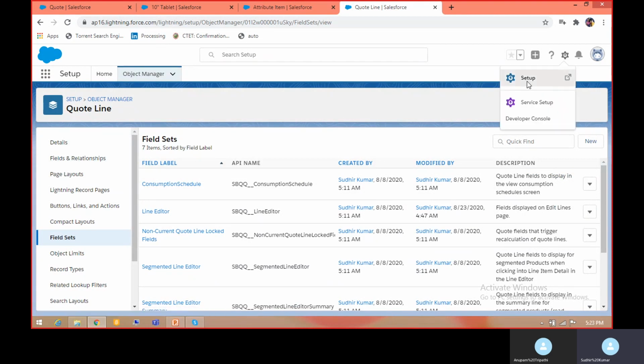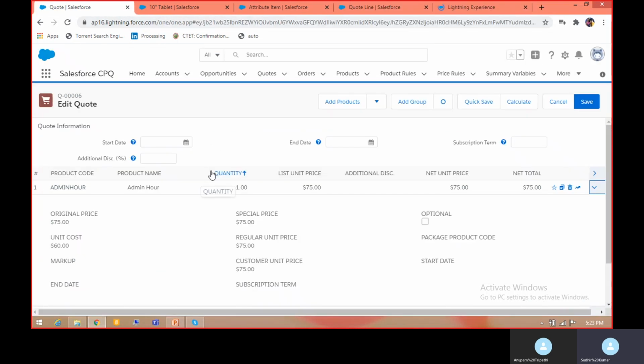Let me show you a quote. This is the quote information, which is showing start date, end date, subscription term and additional discount.